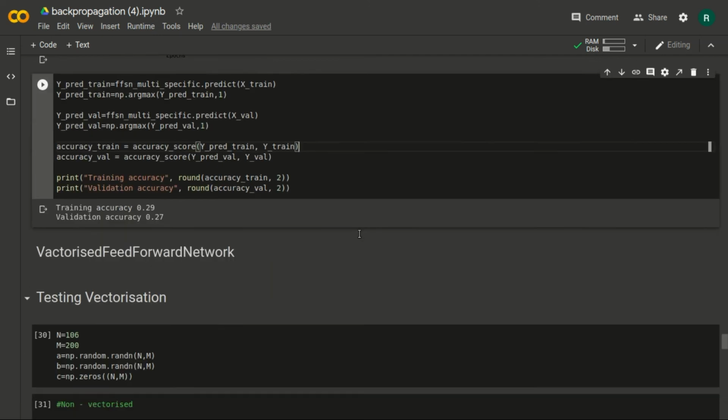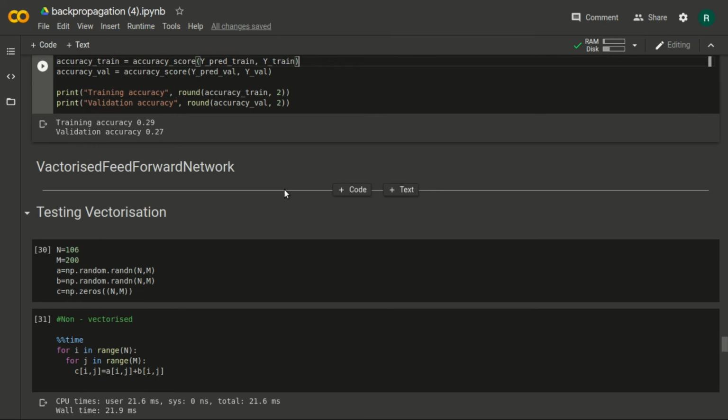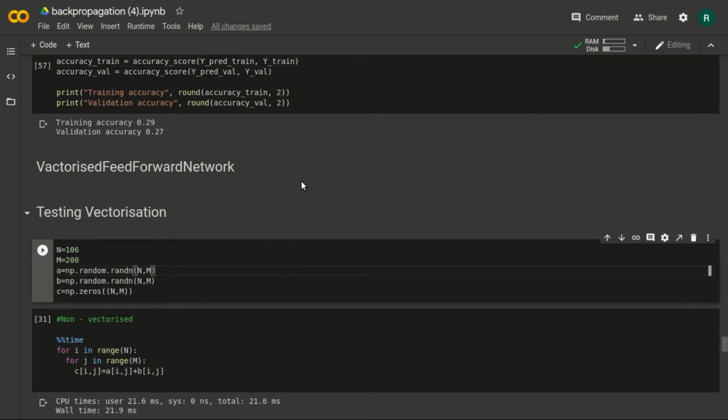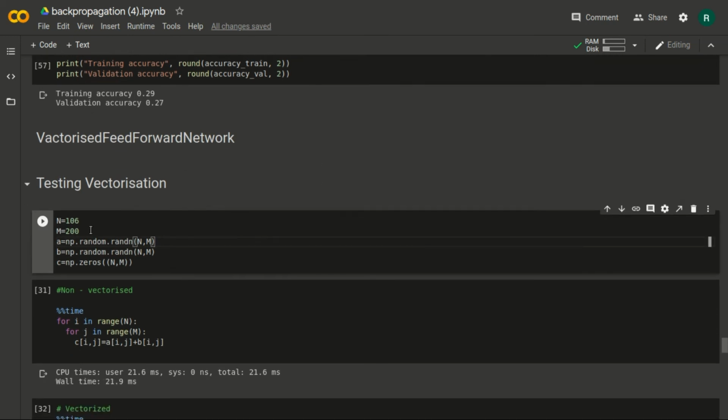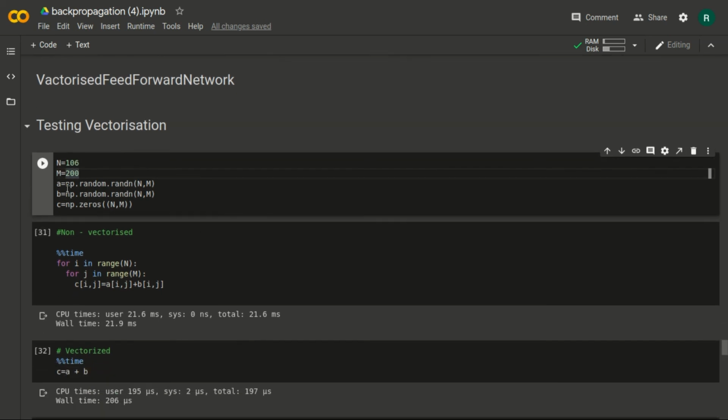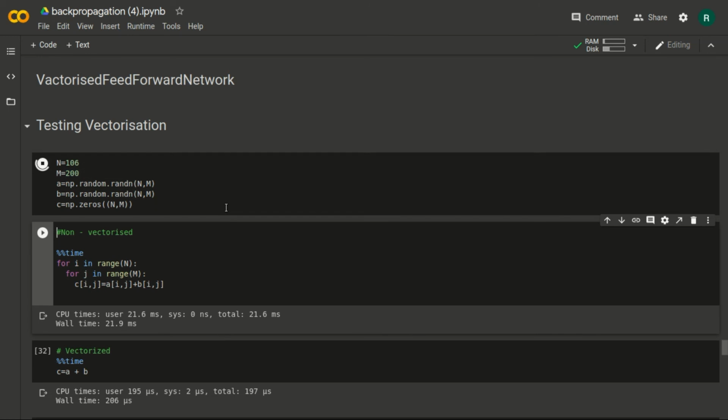So let's see what vectorization is. For the method of vectorization, we are defining n equal to 107 and m equal to 200, where n and m are rows and columns, and we are initializing a and b as matrices.